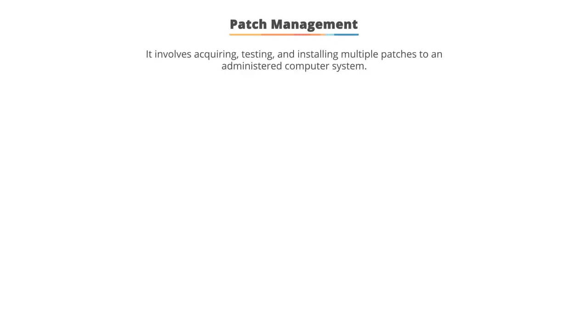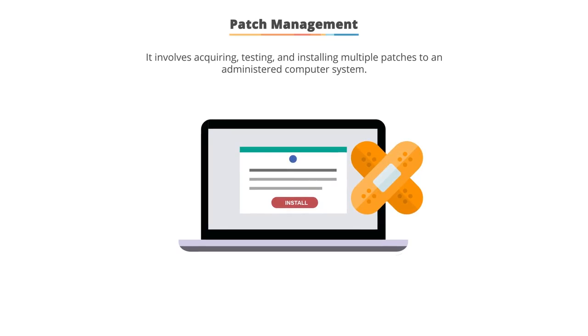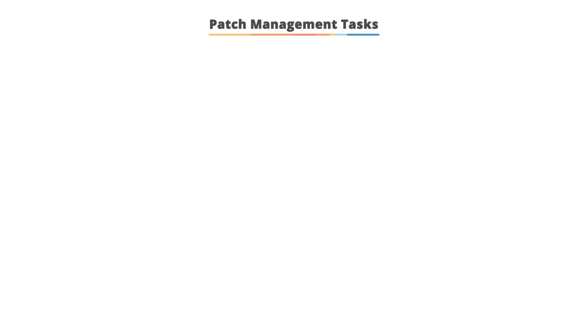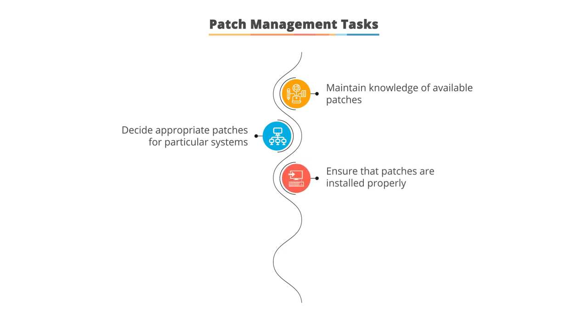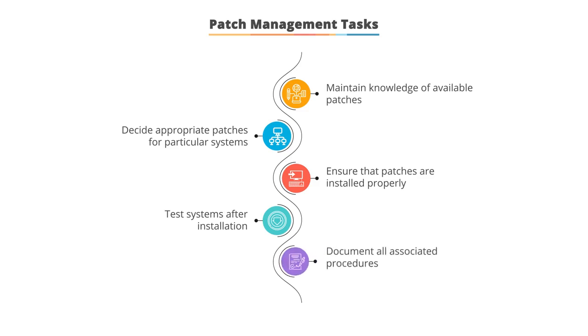Patch management is an area of systems management that involves acquiring, testing, and installing multiple patches or code changes to an administered computer system. Patch management tasks are things like maintaining current knowledge of available patches, deciding what patches are appropriate for particular systems, ensuring that patches are installed properly, testing systems after installation, documenting all associated procedures such as